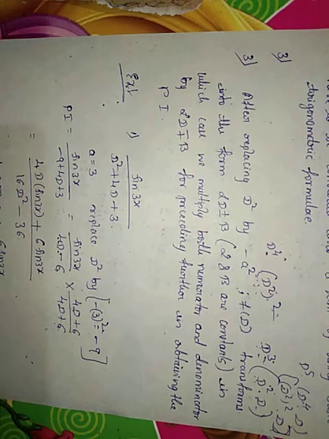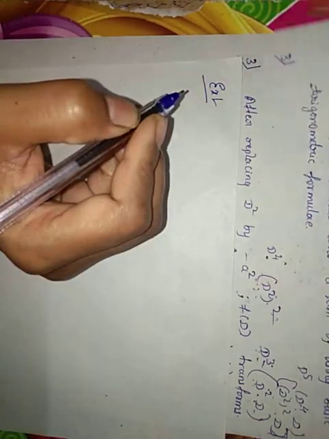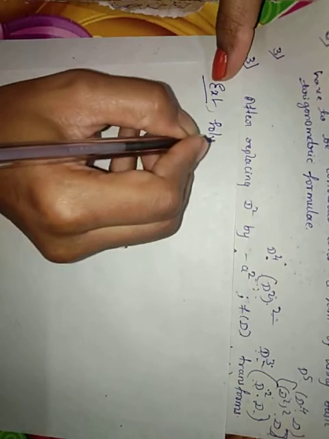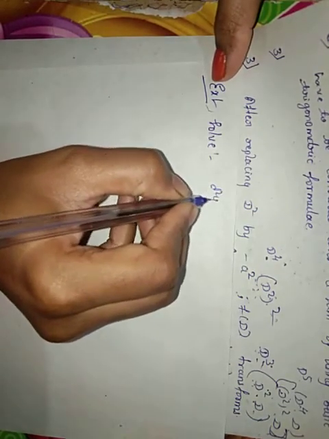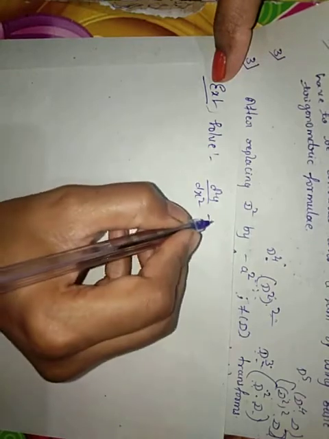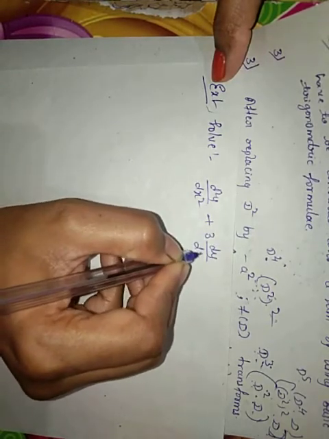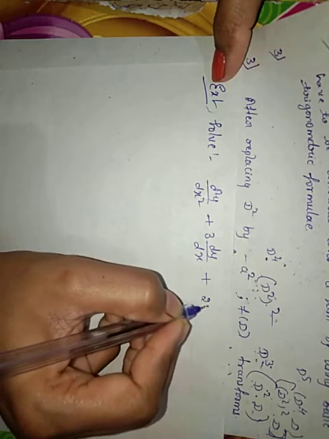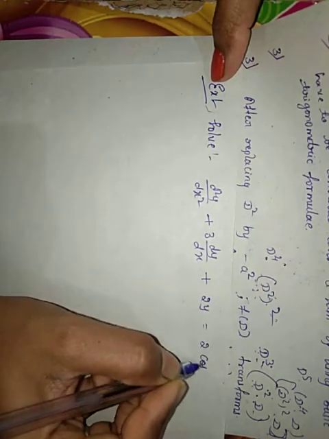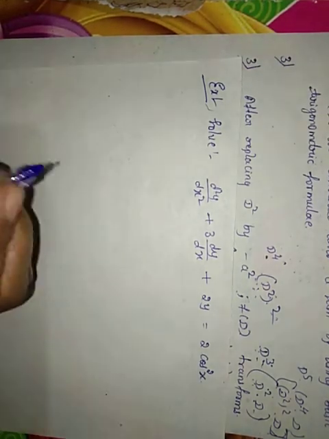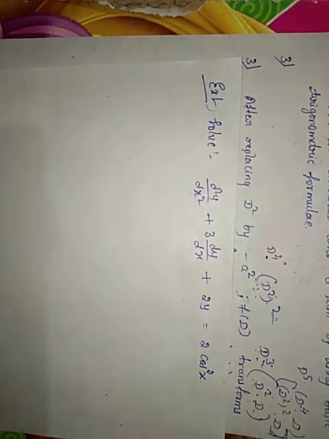So I have taken this directly; it is just a procedure of finding the PI. Now I am taking an example of the non-homogeneous equation. Those come under the second kind of examples. So write down the example. Solve d squared y by dx squared plus 3 dy by dx plus 2y equal to 2 cos squared x.